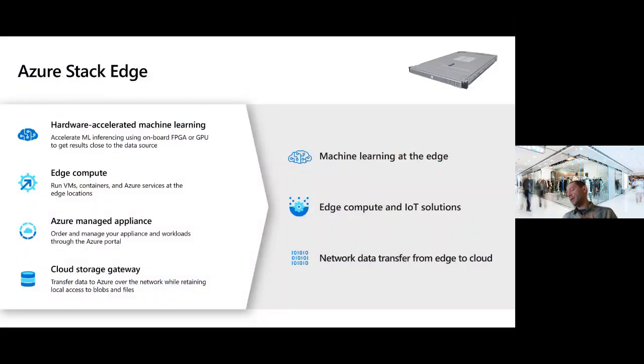Great. So we covered Azure Stack Hub, which brings Azure services on premises and allows you, from a regional level, to bring your compute and Azure needs to your data center. Now, when we talk about the actual applications running on the edge, we have a solution for that, which is Azure Stack Edge. Azure Stack Edge is the first-party device that allows you to perform machine learning at the edge,